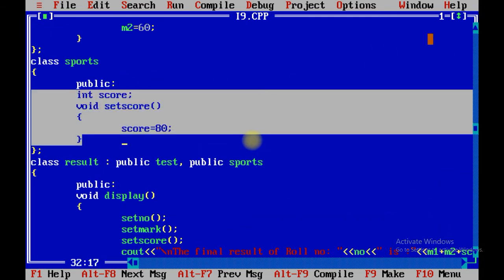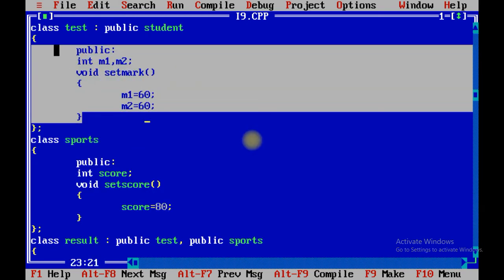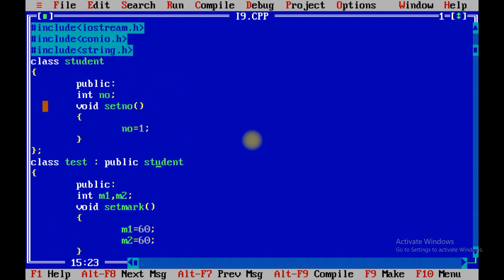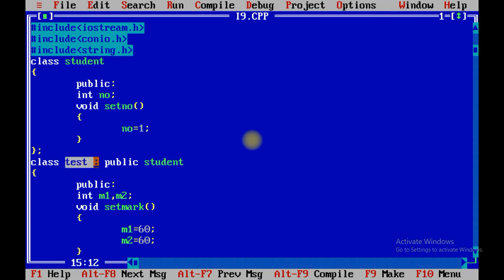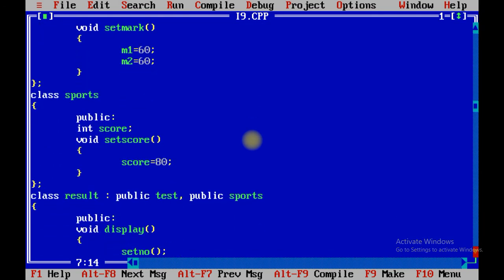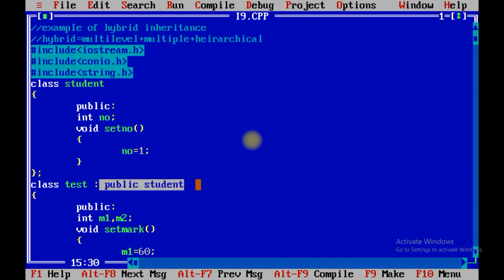It is not the property of the sports class. It is not the property of the test class, but yes, in the test class we have inherited the grandfather class, which is called the student class, which contains the property of set number. So naturally, whatever property the father class received from the grandfather class, it can be accessed by the child. So definitely with the help of this, over here see, we have inherited the class student. So you are able to call set number.